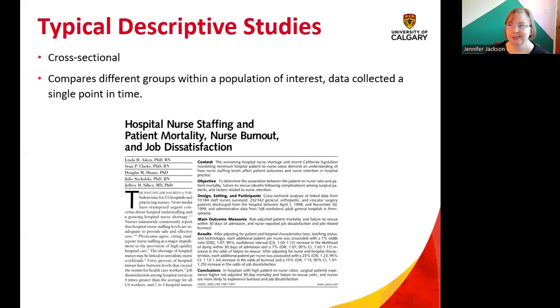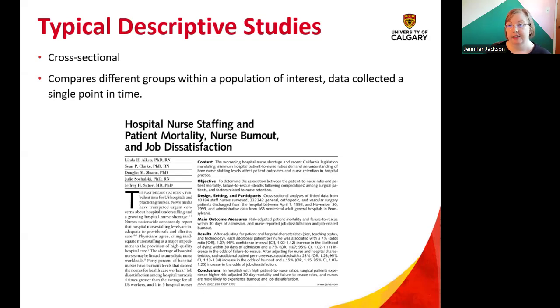So cross-sectional design is so called because we look at a cross-section of society. So if we think of cross-section as the scientific term, it's essentially we take a slice of something, we take a slice of our population, we take a group that is representative of everybody, and we look at different variables within that group in a population of interest. So we might look at,